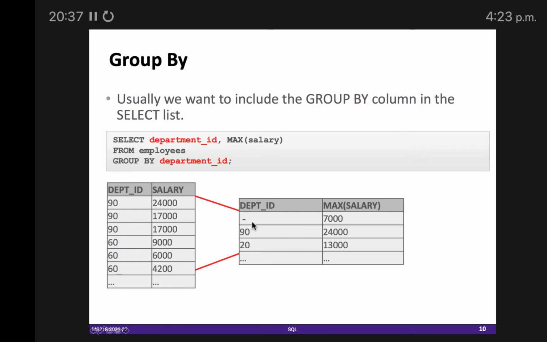Maybe he is the CEO of the company, or he is very new to the company and the company is just thinking about assigning a department. For department 20 we have 13,000 maximum salary.